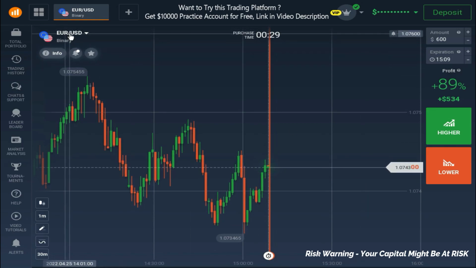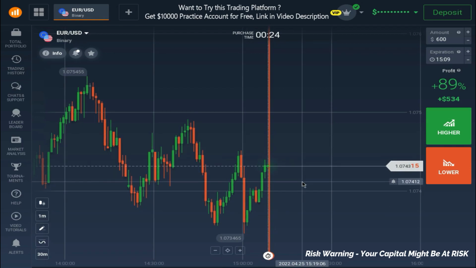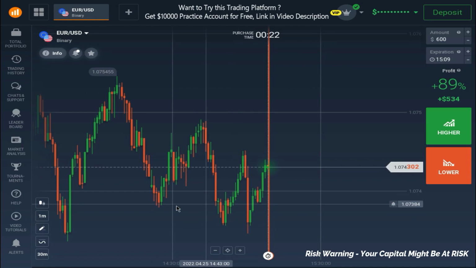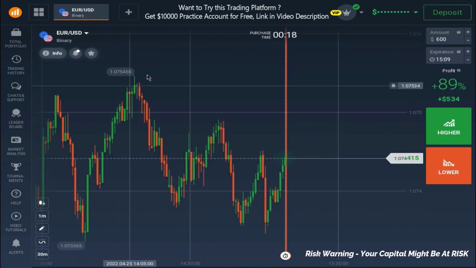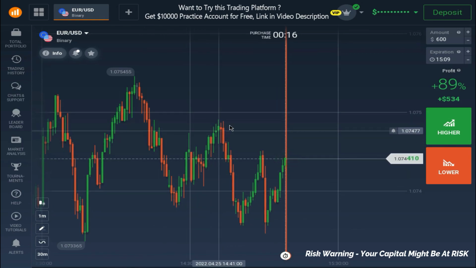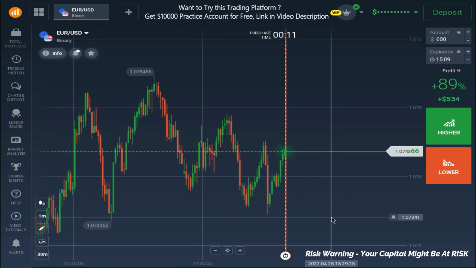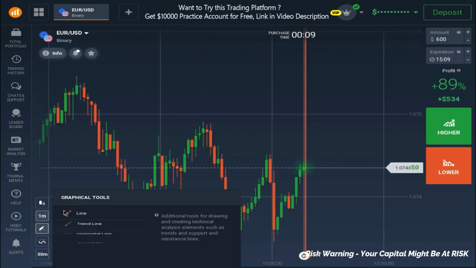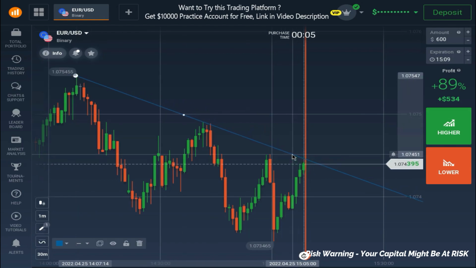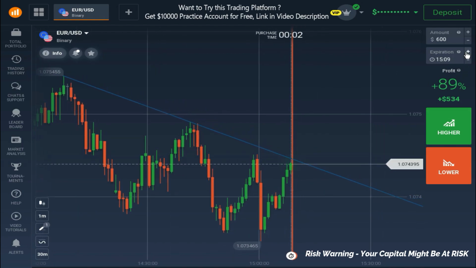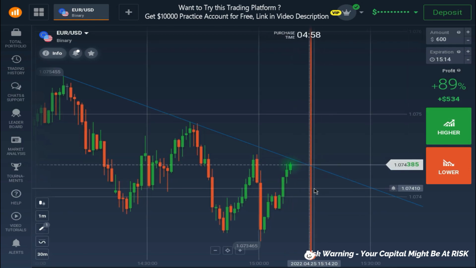So we are using Euro US dollar, which is my favorite chart, and I'm using 1 minute candlestick to analyze the chart. Right now if we go by price action, it's clearly a downtrend. This is the high, low, lower high, lower low, so it's a confirmed downtrend. And now market is actually at the resistance, but I can use that,